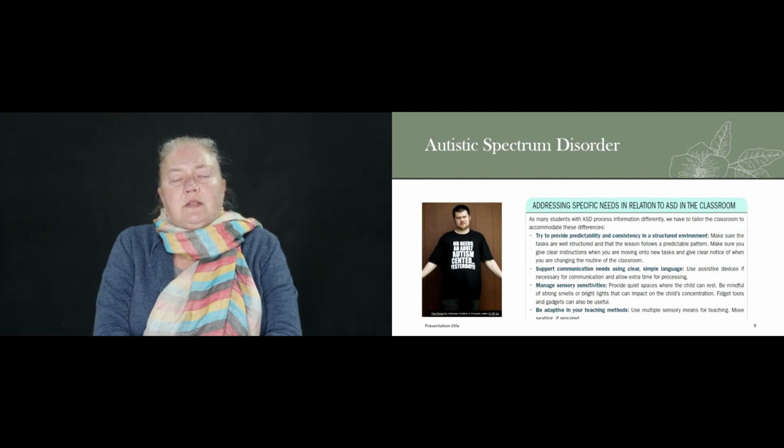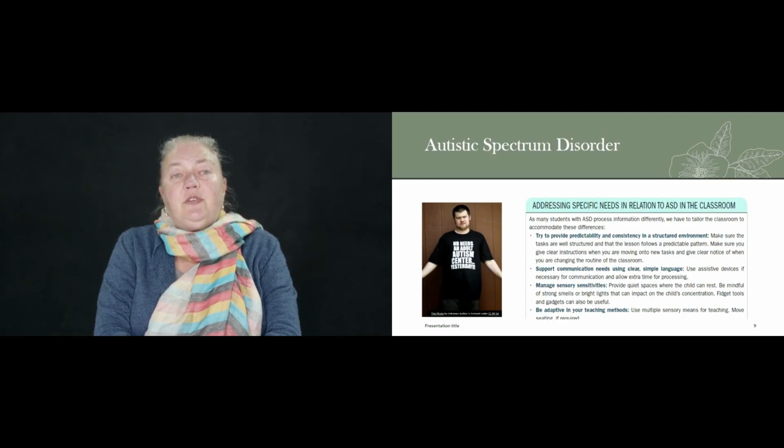Another neurodevelopmental disorder, neurodivergent thinking, is the autistic spectrum disorder. Now, what can we do with students with the autistic spectrum disorder if they happen to be in our classrooms? Well, one of the things we can do is provide predictability and consistency in the environment. This will help ADHD children as well. In fact, for any neurodivergent children, promoting a predictable sequence of events in your class or your therapeutic room, and being consistent will help them to settle in.